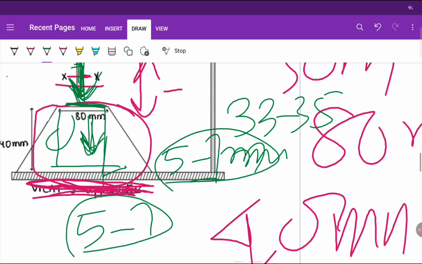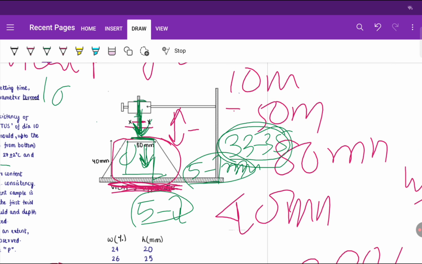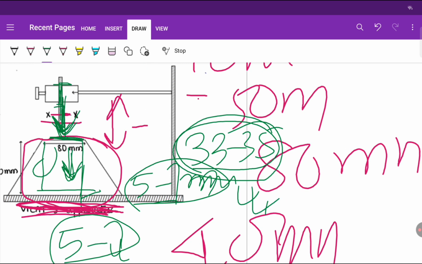From top, right? Sorry, 5 to 7 mm from bottom, and from top it should penetrate 33 to 35, right? Okay, so at that time